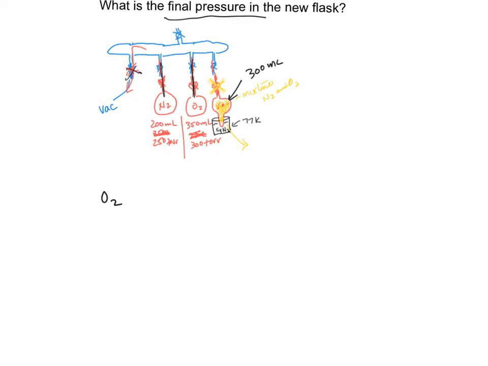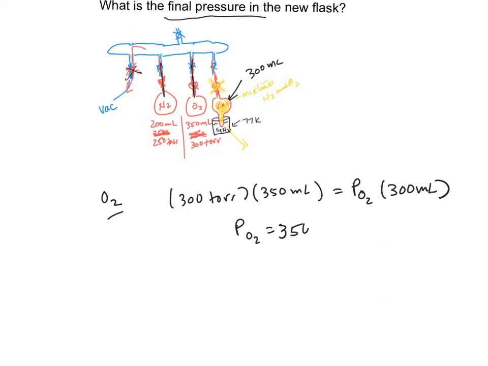So for the oxygen, you have 300 torr times 350 milliliters is equal to the pressure in the new flask of the O2 times 300 mils, which is the volume of the new tube flask. PO2 is going to be 350 torr, which is equal to 0.46 atmospheres. We don't really need that, but sometimes people convert. So that's fine. Okay, and then for the N2,